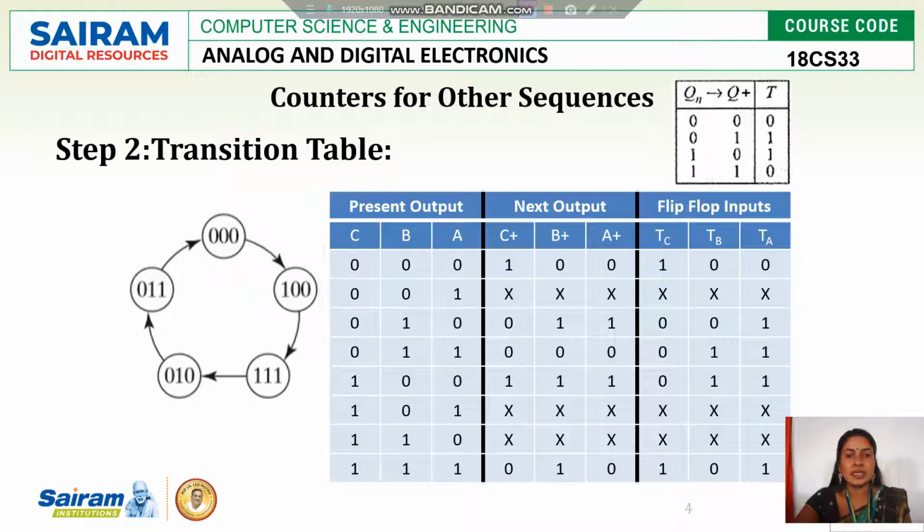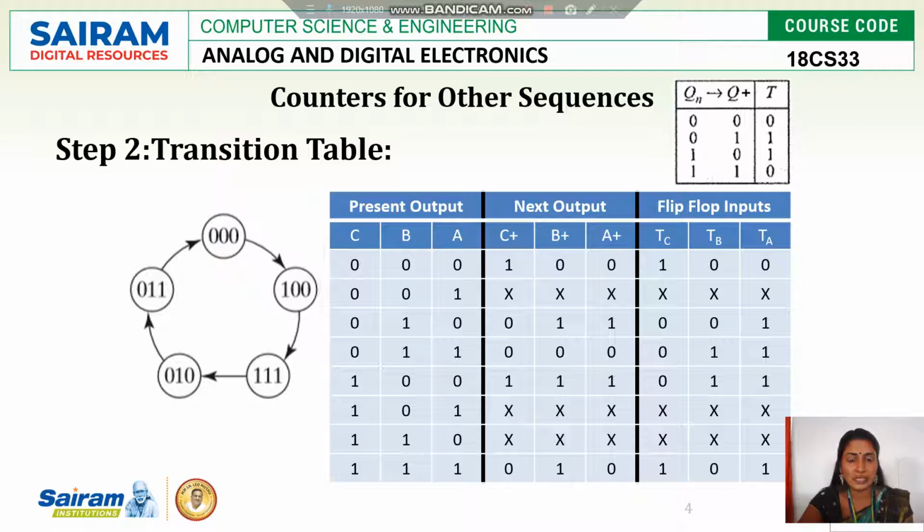Before that, we have to find how many flip-flops are required for this counter. You can see the state table. We have 0 state and 7 state. Beyond 7, the maximum count is 7 only. So the counter counts from 0 to 7, but in between some states are missing. So we can conclude that it is a 3-bit counter.